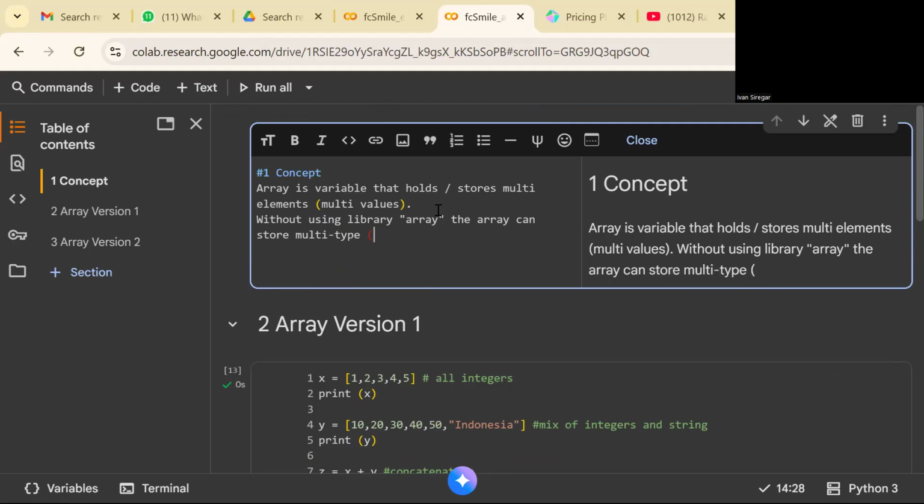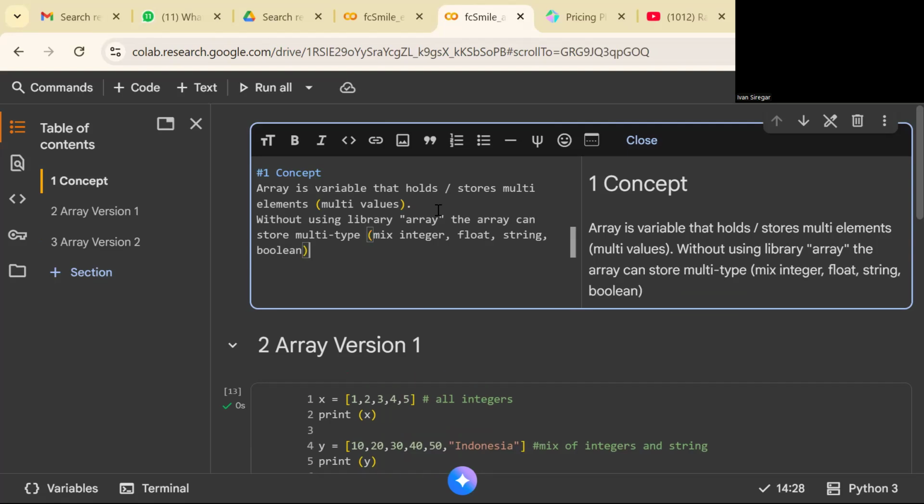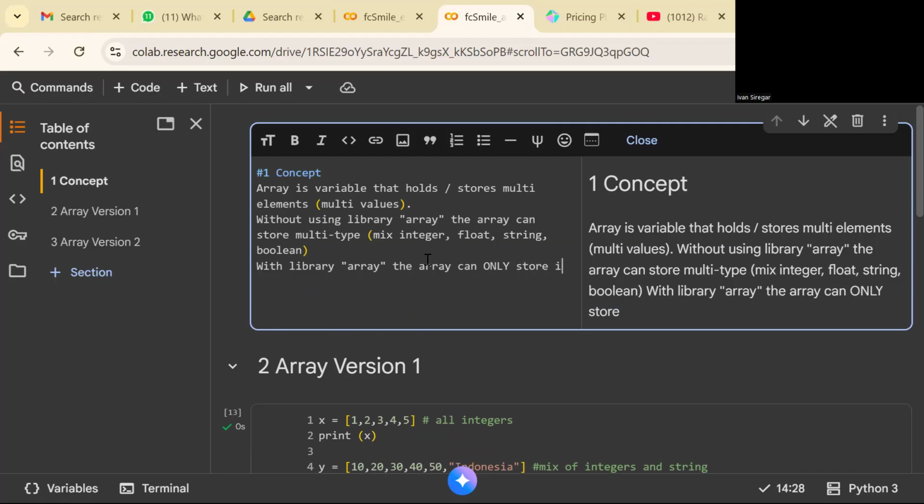It can store a mix of integer, float, string, and boolean. But with the library array, the array can only store a single type.